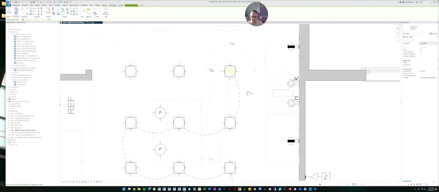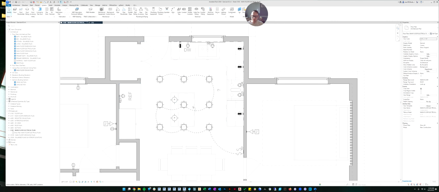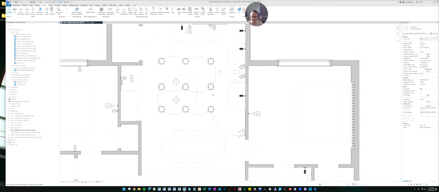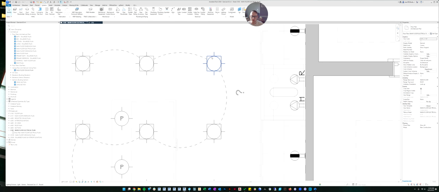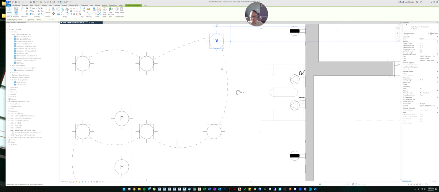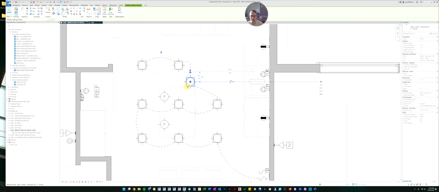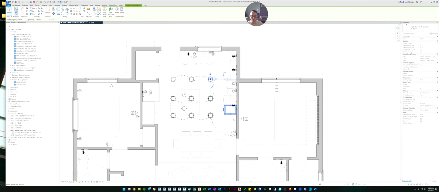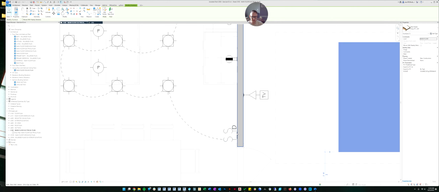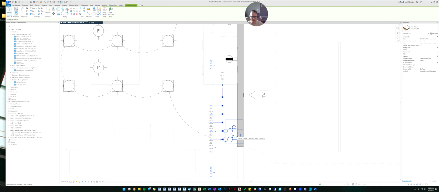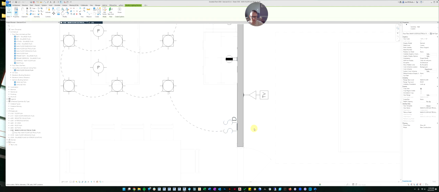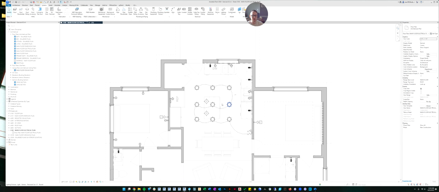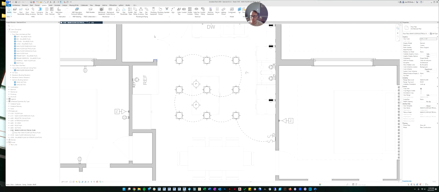So I'm just going to hurry and do this, and then escape. So do you see how fast that was? And the other thing is, now if I move the light, it moves the wires with it. So if I come back in and even if I decide, oh, my switch isn't exactly in the right spot and I want to move it just a little bit, it moves the wires and everything. So you don't have to do a bunch of rework.